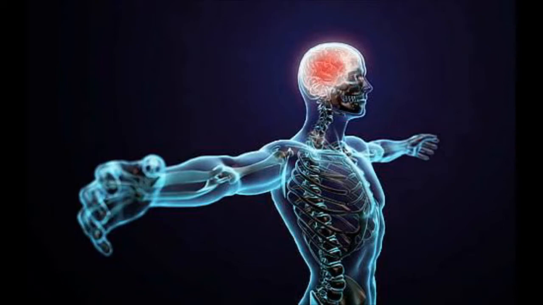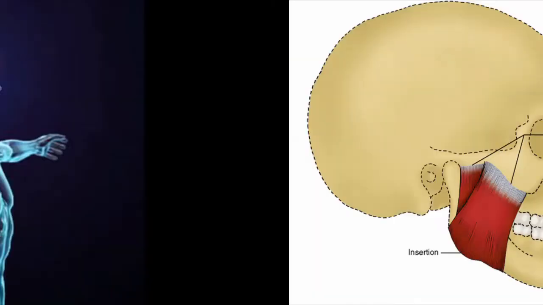Now, today we'll discuss the muscles of mastication. It is a very simple and straightforward topic, and I'll try to make this very enjoyable for you. So, we have four principal muscles of mastication, namely the masseter, the temporalis, and the medial and lateral pterygoids. All of them have a common nerve supply, and the first muscle we're going to discuss is